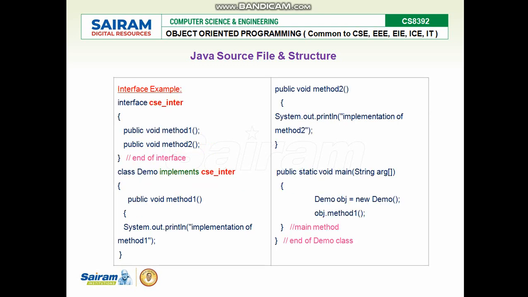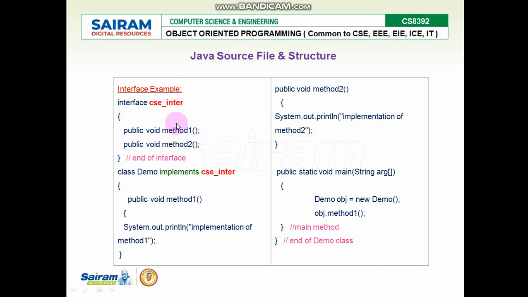In the example of an interface, I have the interface keyword followed by the interface name. My interface name is CSE_INTR. It has methods. They are abstract by default. No need to declare the abstract keyword in an interface. If you are declaring a method in the interface, it is going to be abstract by default. Coming to the demo class, extends is what we use in inheritance. Class is extended, interface is implemented. Have this thumb rule: interface is always implemented, class is always extended.